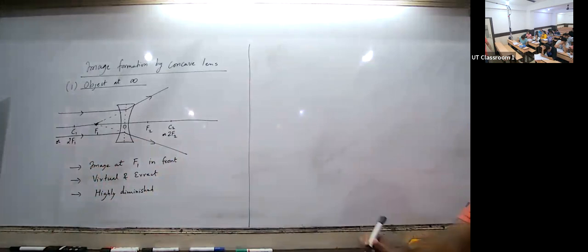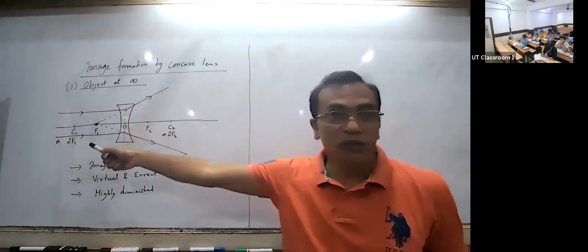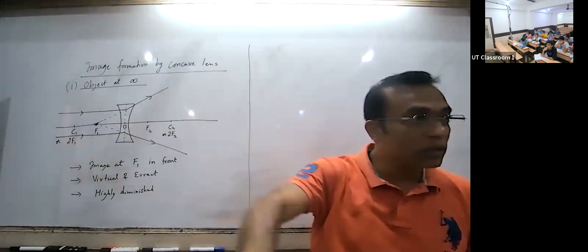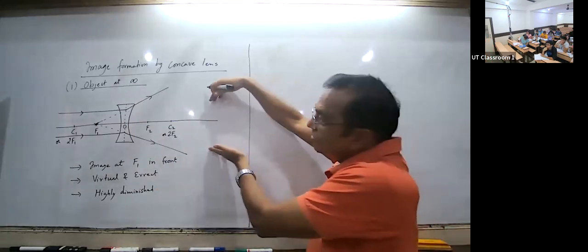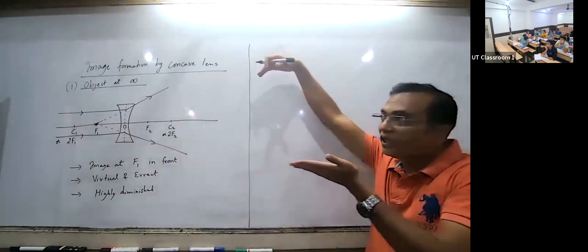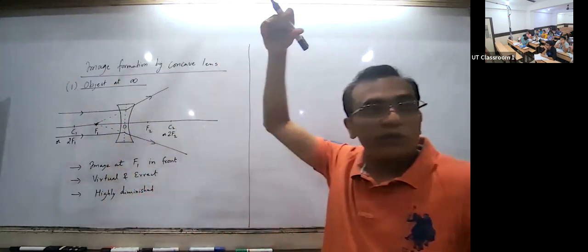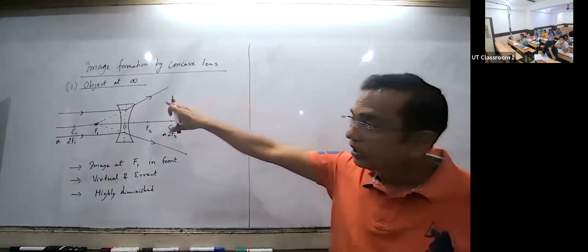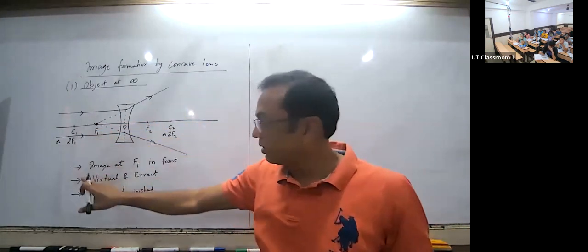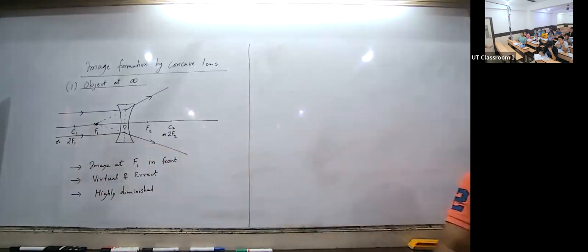सबको समझ में आया ना कॉन्वेक्स रे में क्या हो रहा है? यस सर, पैरेलल रेज को अवे फ्रॉम फोकस। कॉन्वेक्स में क्या होता है? दे गो टुवर्ड्स फोकस, ठीक है, इसमें अवे फ्रॉम फोकस। नाउ तो अब यहां से भी ऑब्जर्वर देख रहा, तो ये डाइवर्जिंग रे है, मतलब कहीं से तो आ रहा होगा, यहां से आ रहा है, इसके लिए एक्सटेंड करें, ठीक है। खाली किस कौन से टाइप के रे को एक्सटेंड बैकवर्ड करते हैं? जो डाइवर्ज हो रही है, जो कन्वर्ज हो रही है वो तो मिल ही जाएगी। वहां पे क्या बनेगा? कौन से टाइप का इमेज बनेगा? जहां कन्वर्ज हो रही है, रियल एंड इन्वर्टेड, और जो डाइवर्ज हो रही है, वहां पे कौन से टाइप का इमेज बनेगा? ठीक है, बस यही फंडा है, चाहे मिरर हो या लेंस।